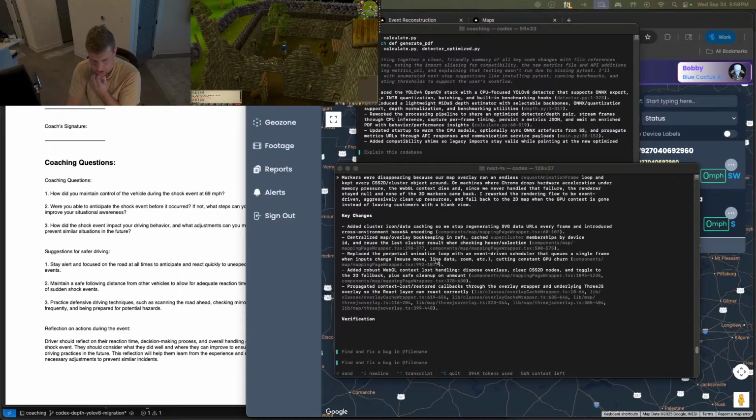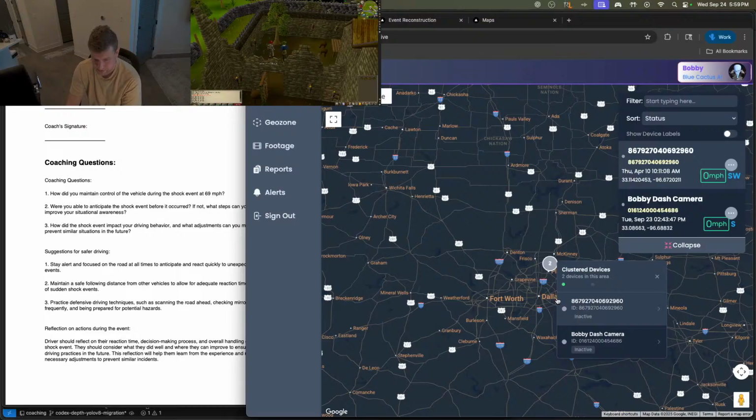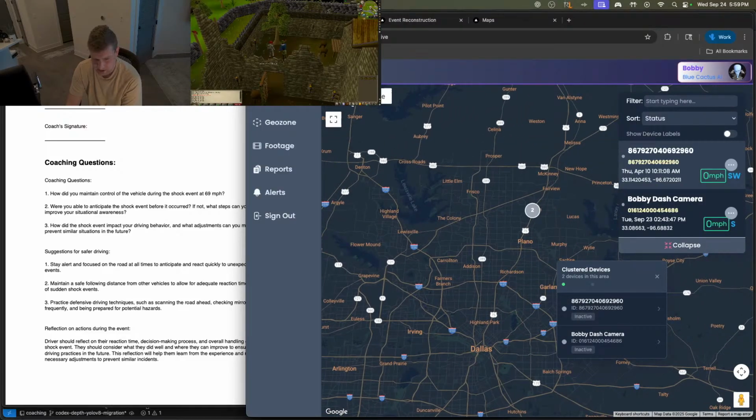So then I asked it to do something else. I said, when I click and hold on the map and adjust the position of the map, the cluster will fly around, but then eventually snaps back into the right position. I feel like I really didn't word that great at all. The cluster should always stay in the same position of the markers that it is clustering, even if I'm dragging the map around. So what's happening is when I'm zoomed in,